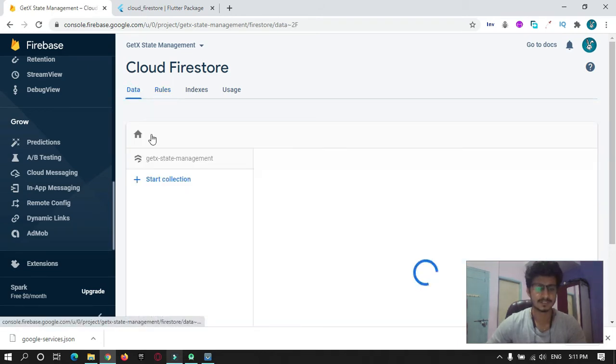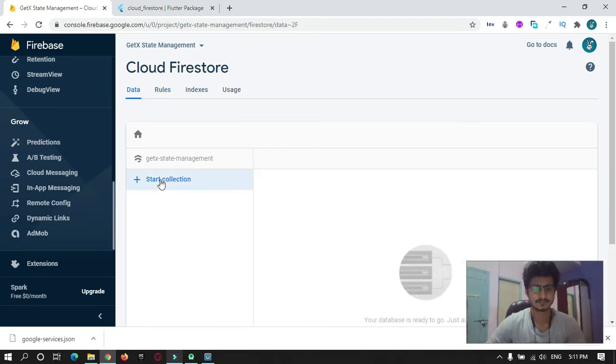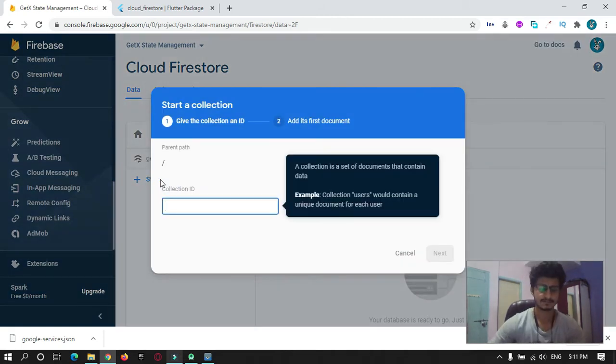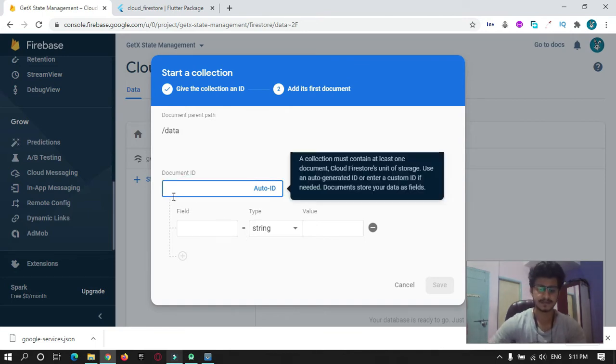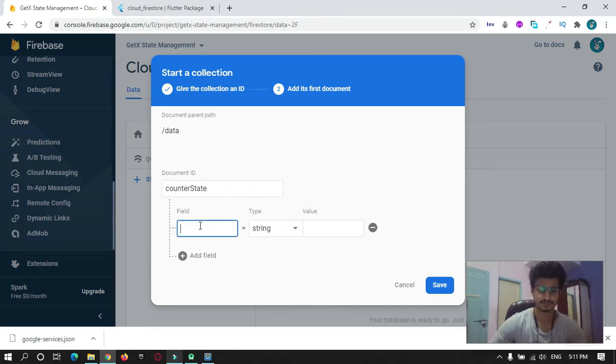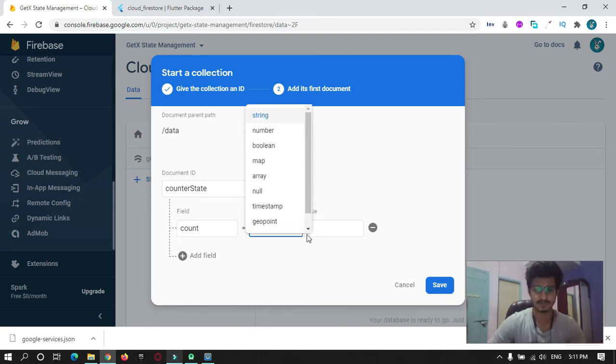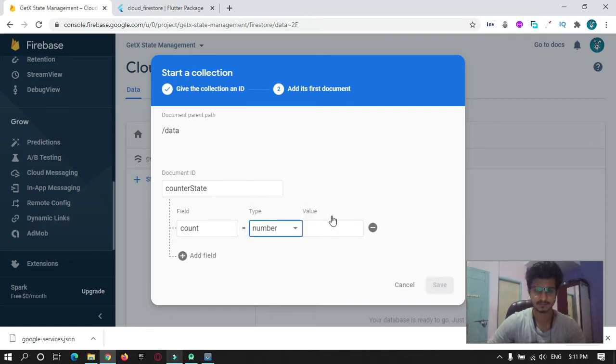Now come to the data part, and here in collection first click add data. Enter the ID name, we will give it as counter state, and in the field we will create a variable count. The count will be of type number and the initial value will be 0.